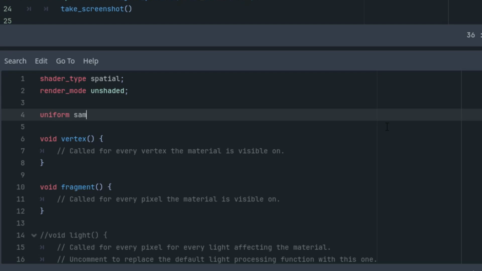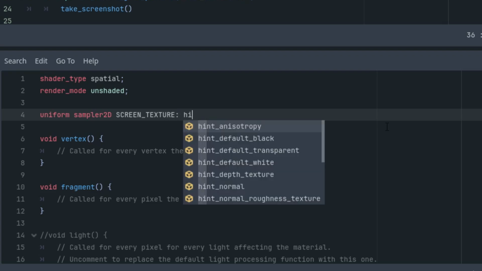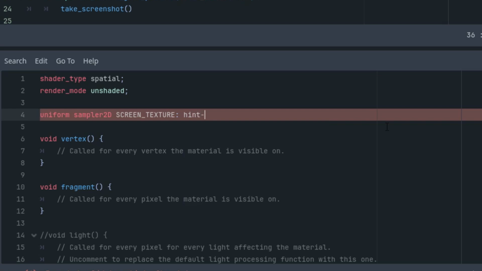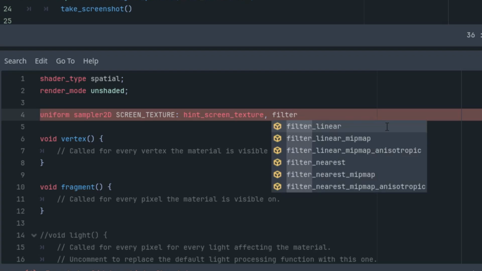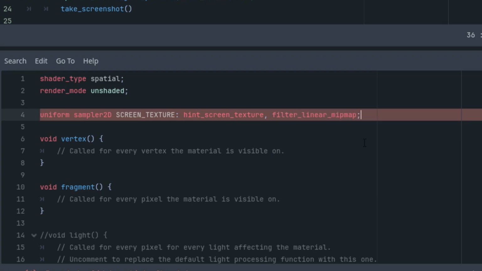Uniform sampler2D, and I'll call it screen_texture, with hint_screen_texture, this one, yeah, and filter_linear_mipmap. Okay, the second one would be